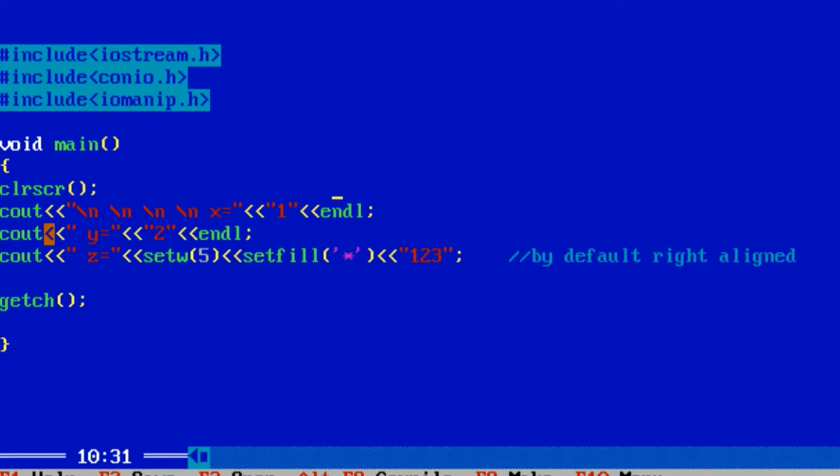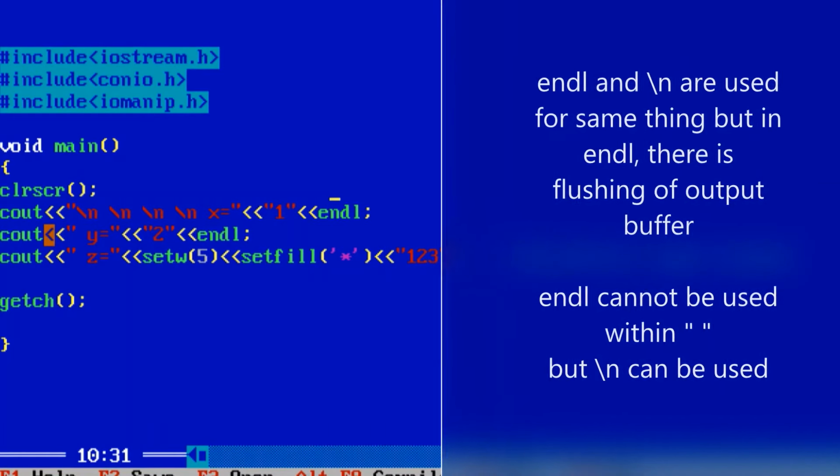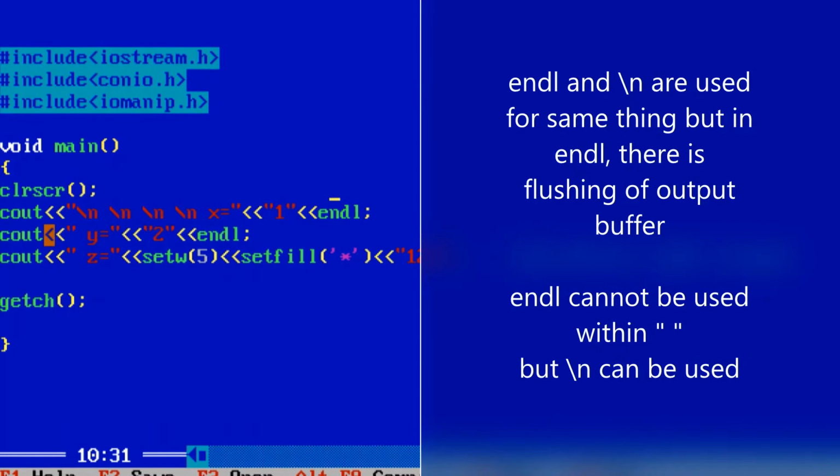So this is a program. You can see that first the header files are included, that is iostream, conio, and for the manipulator the iomanip.h header file. After that, in the void main function, the clrscr function is used, and after that there is an instruction, cout, to display the output, that is x equal to 1, and in the end I have used endl.